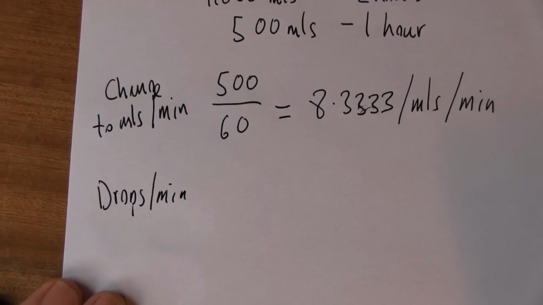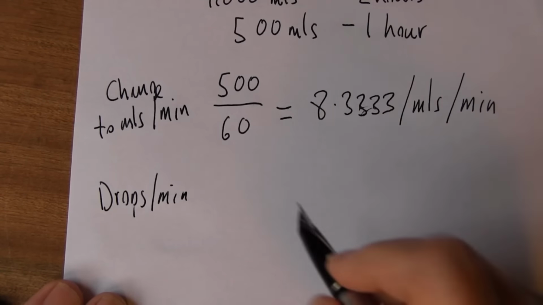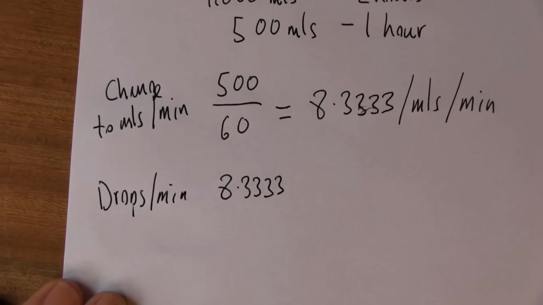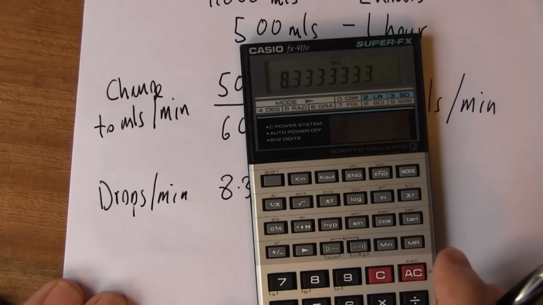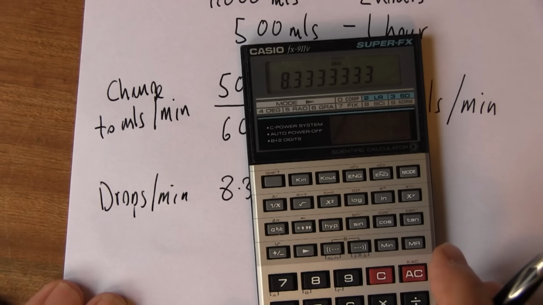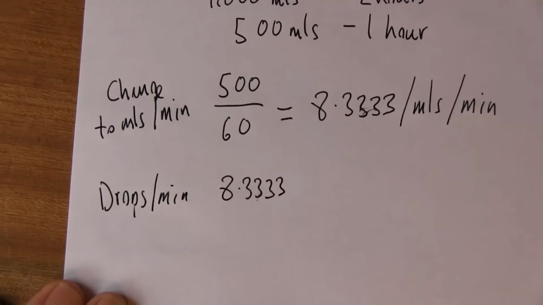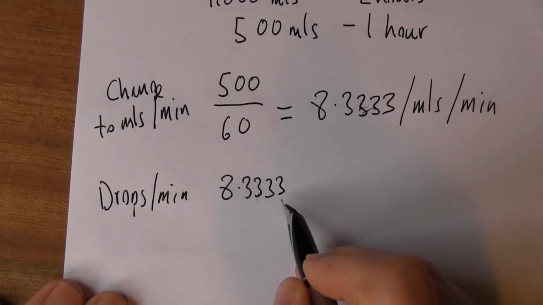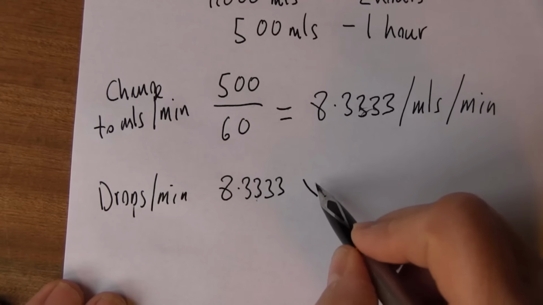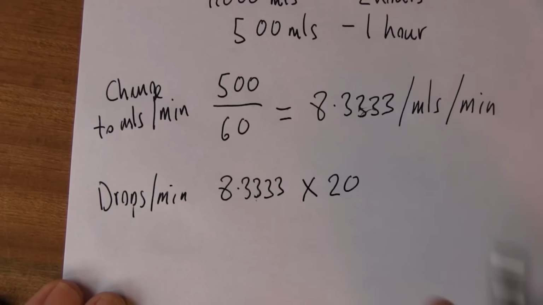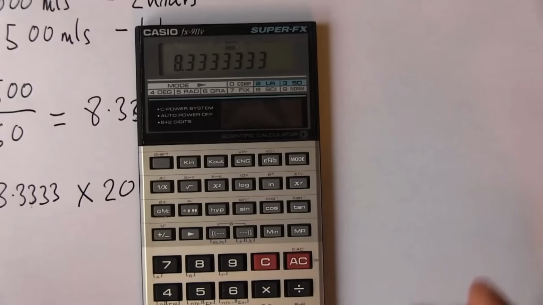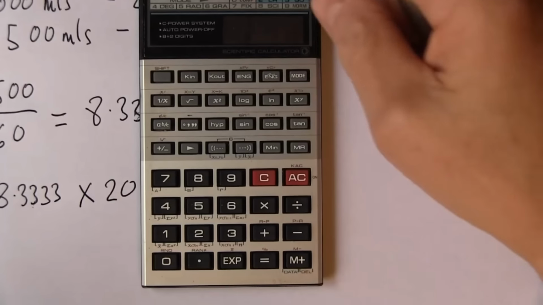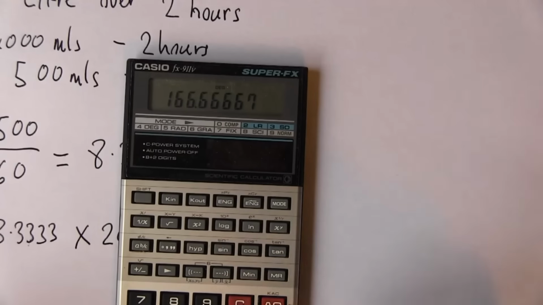So to change it to drops per minute, we need to take this 8.333 figure, which you see I've just left in my calculator so the calculator remembers the complexity of that. So we want to give 8.333 mils, and we're told that there are 20 drops in a mil. So that means we times that figure by 20. We go times 20, and we see that's another recurrer,